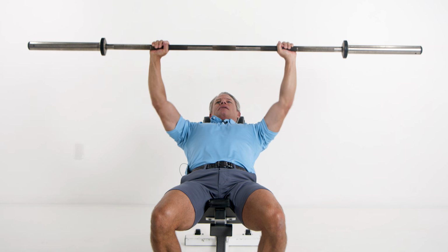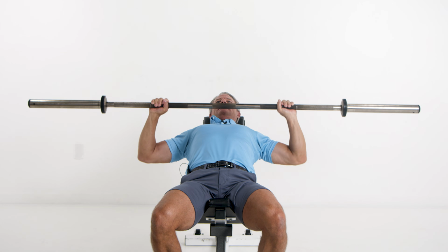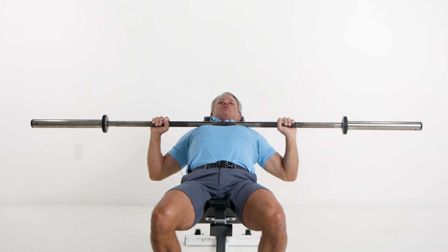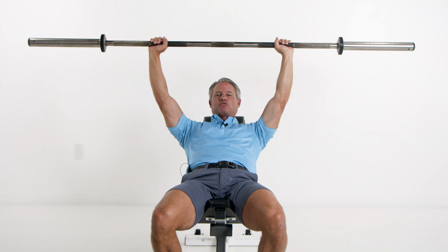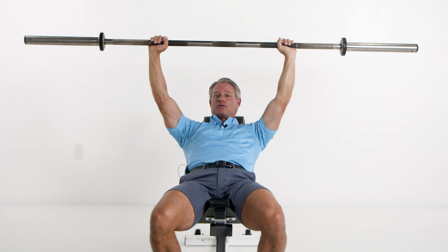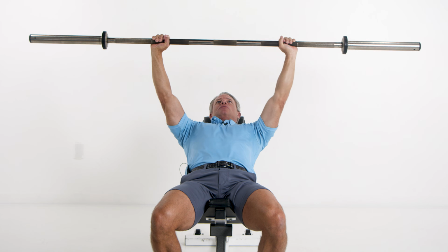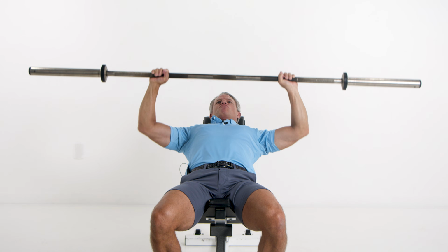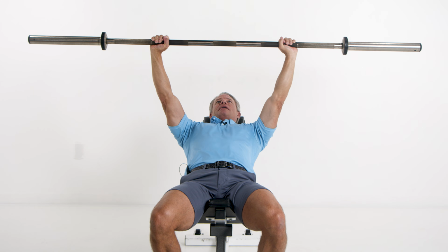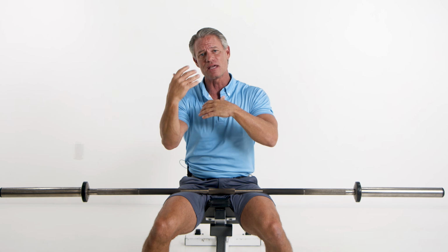I'm working the pec in internal range. If I brought the bar all the way down to my chest, that would be external range. Now you can see that if I had a massive shoulder instability, that could potentially dislocate my shoulder anteriorly. So in the beginning, I'm going to bet that you probably have an unstable shoulder, so I'm going to have you work in this range right here, doing a press. It could be an incline or a flat press, it doesn't matter. And typically in that range of motion, most people do not have any shoulder pain when they're working in internal